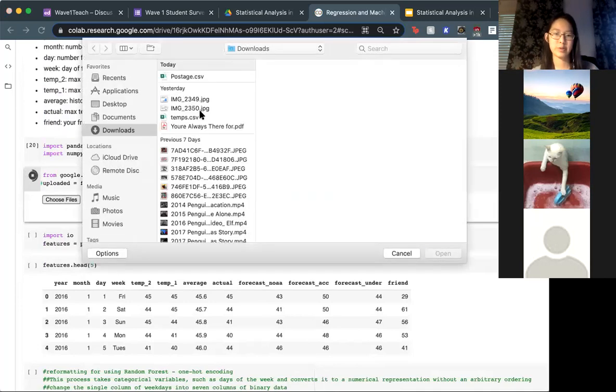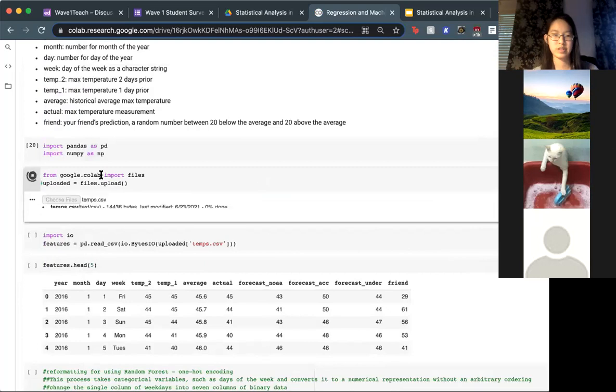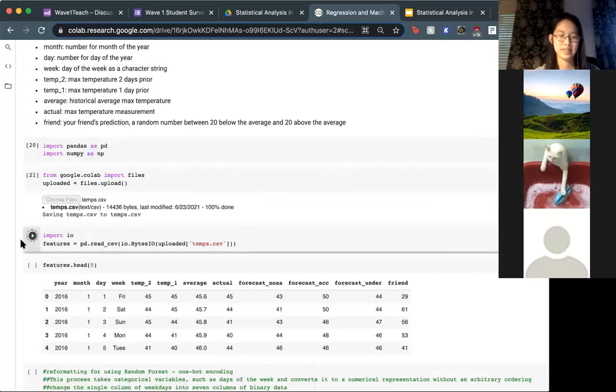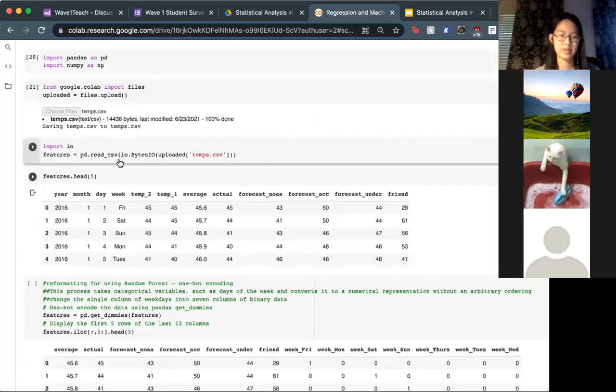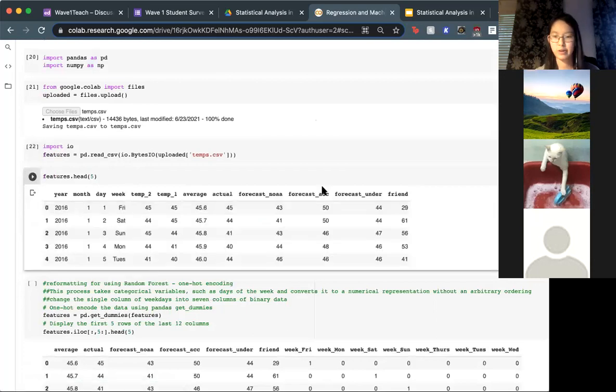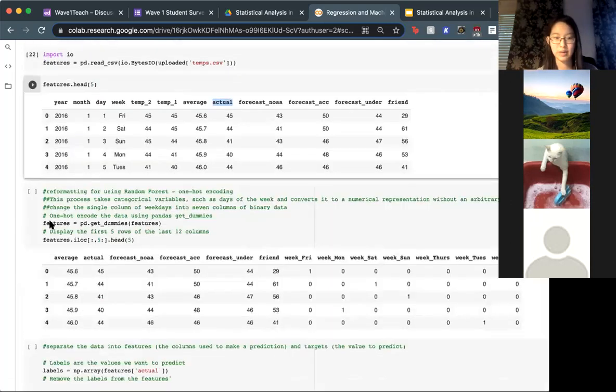If you remember before, we were looking at temps.csv, so it's pretty nice. You can upload that real fast. And what it looks like here, you've got your features. This, if you remember, is the target. Everything else is a feature that we're thinking about. So keeping that in mind,